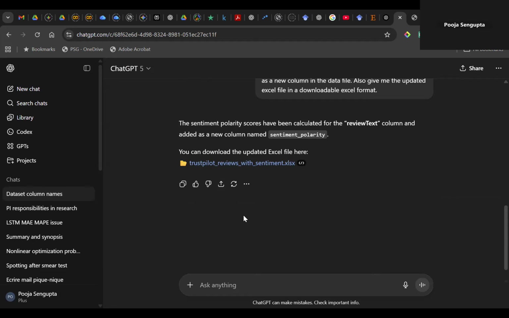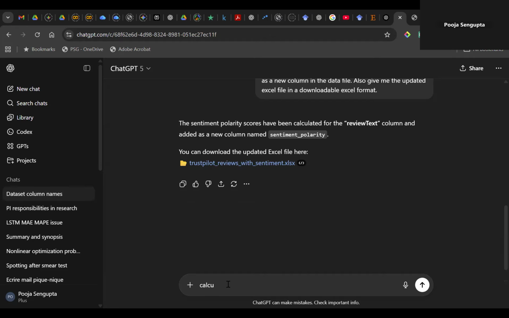In order to go forward with the analysis, we also intend to calculate the subjectivity scores. Whether the reviews were written with more personal words or they were more objective, we want to get a score between 0 and 1 on the subjectivity. So we will add one more prompt before we download the file that we are later on going to use for the purpose of predictive modeling. Like before, we will plug in the prompt